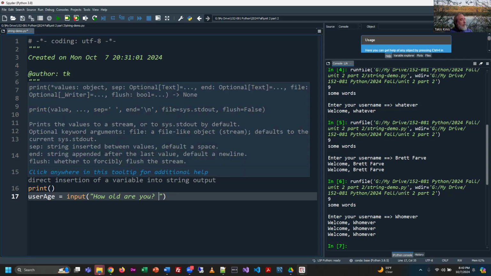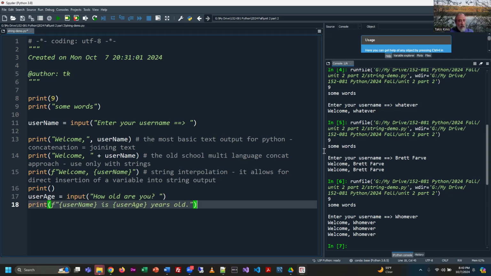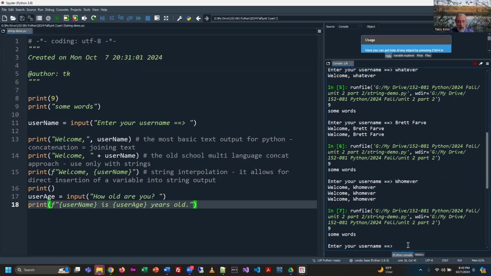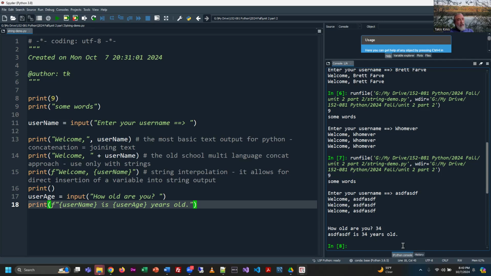So if I take that output, by the way, and then I want to output it to the screen like this, right? And I run it. So now it's going to say username. I'm just typing nonsense. And now how old are you? And I put in 34, which is true. It's going to output it as text. But what if